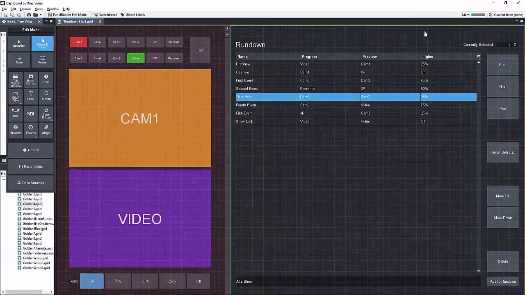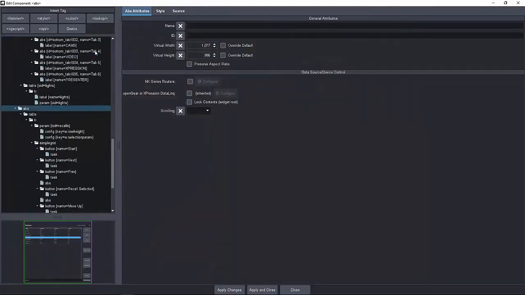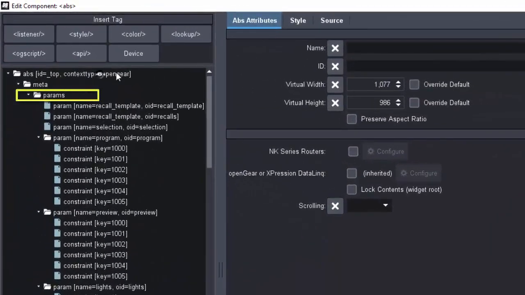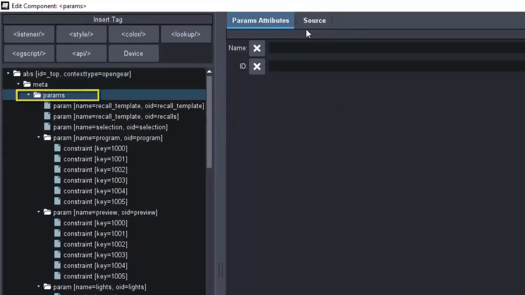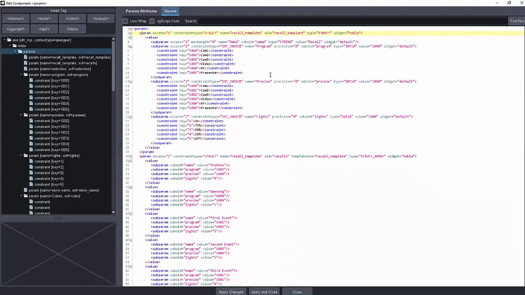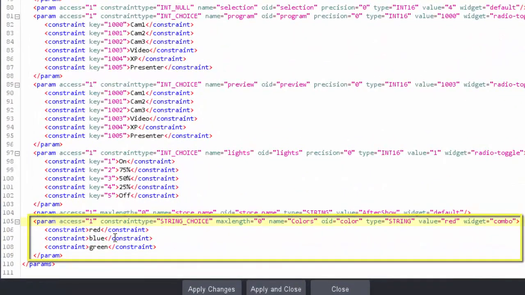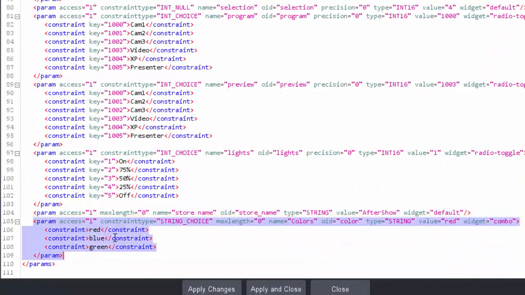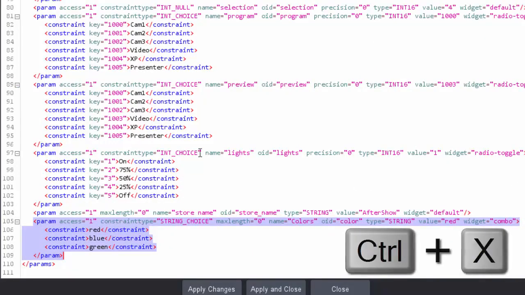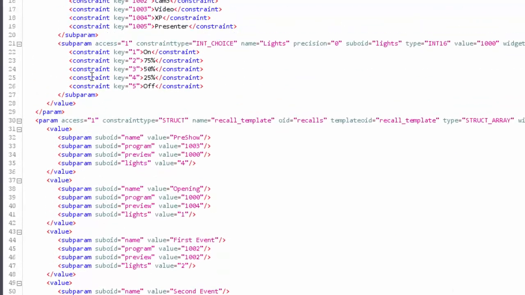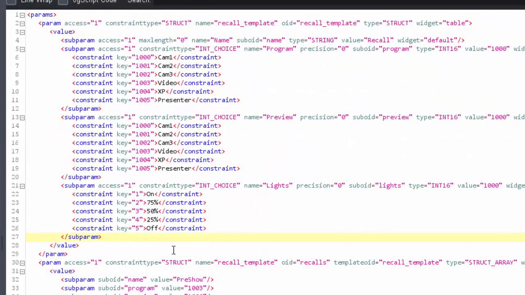Let's go into our source code, and we're going to move it. So if I go to the top, go into the params and click on source. At the very bottom of this, I should see the new parameter. And here it is. It's called params color, and it has all the constraints that I defined as well. So I can just cut this with Control X, move it to the top, and put it in as a